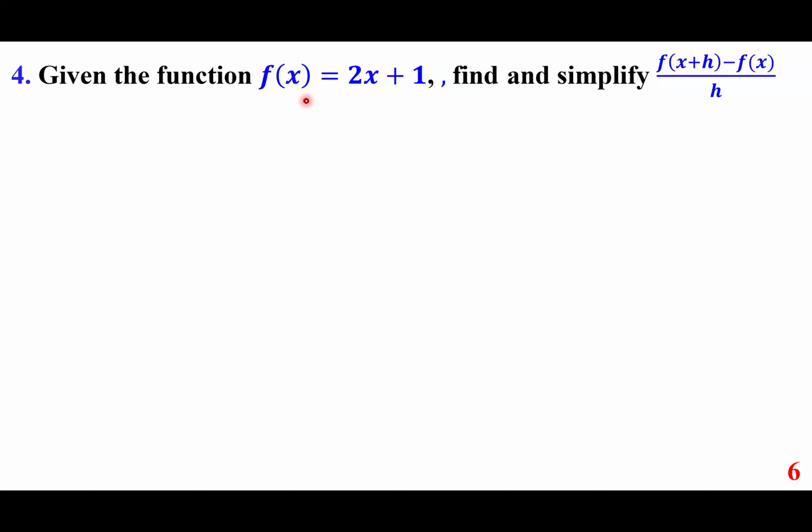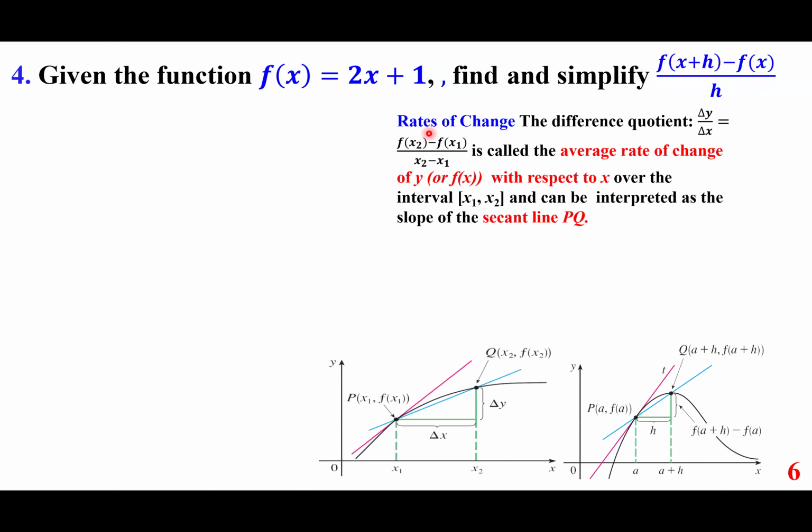Given the function f of x equals 2x plus 1, find and simplify f of x plus h minus f of x over h. This is the difference quotient. So reminding everybody, rate of change, the difference quotient, delta y over delta x equals f of x sub 2 minus f of x sub 1 over x sub 2 minus x sub 1, is called the average rate of change of y,